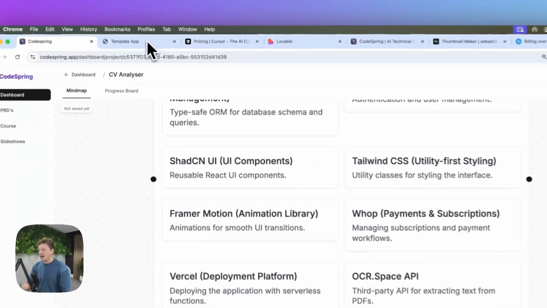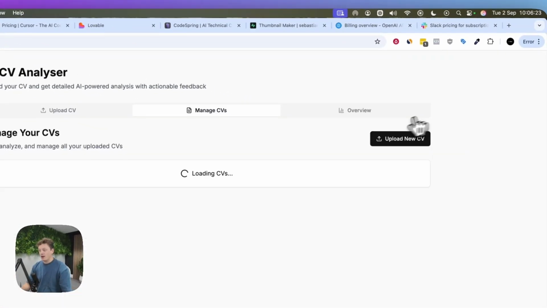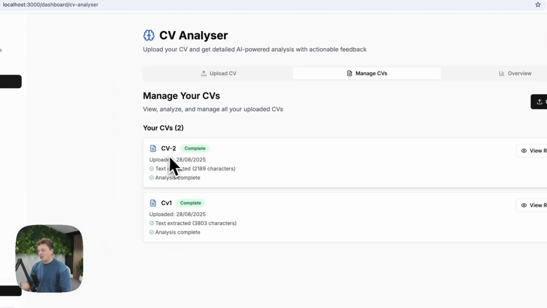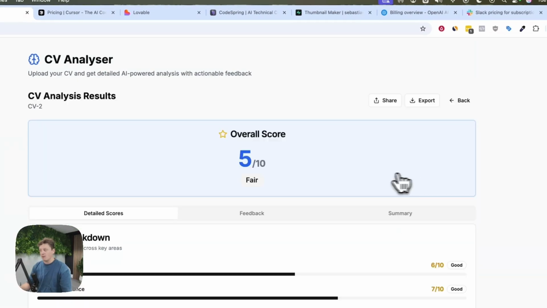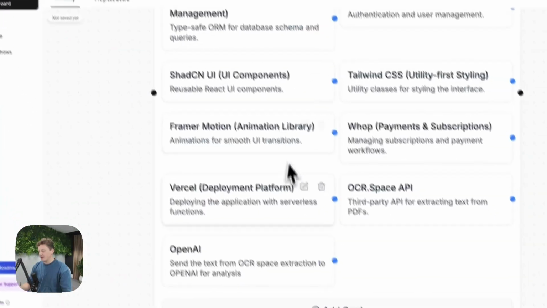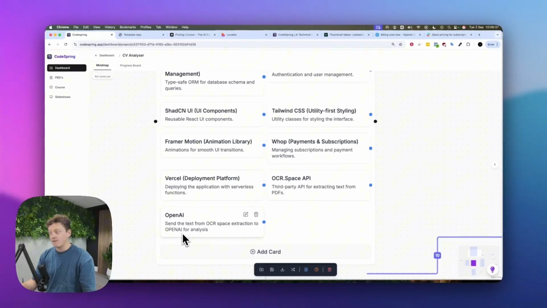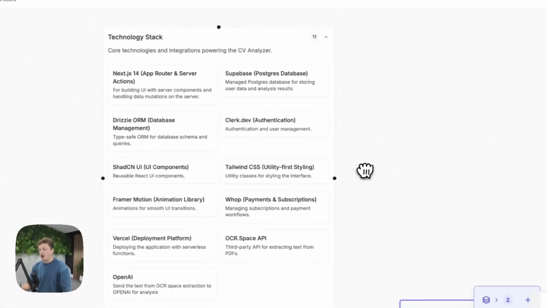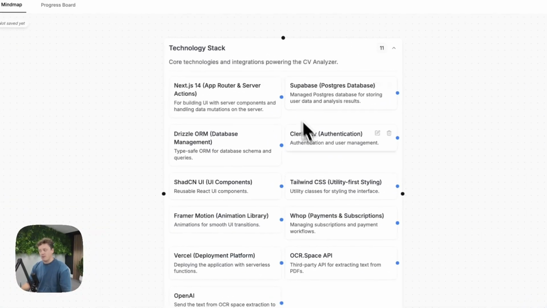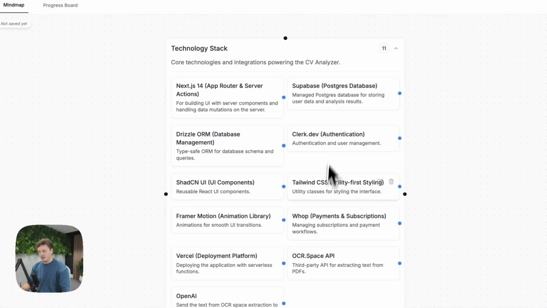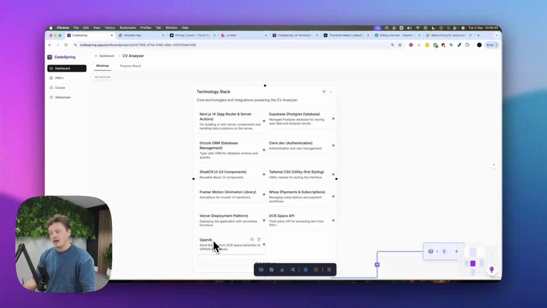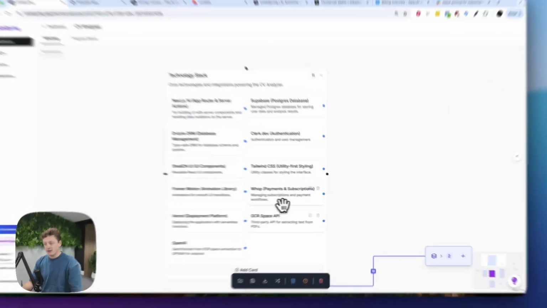Now, if we're going to get our CV, right, we have our CVs here. Now we want to go ahead, we've extracted the text, and we want to go ahead and analyze it. If we're going to analyze it, where do we send it? Well, probably OpenAI. CodeSpring again has figured out that we're going to use OpenAI to send the text to OpenAI for analysis, okay? And now we've got other things like databases. We've got Supabase for databases. We've got some other bits and pieces,